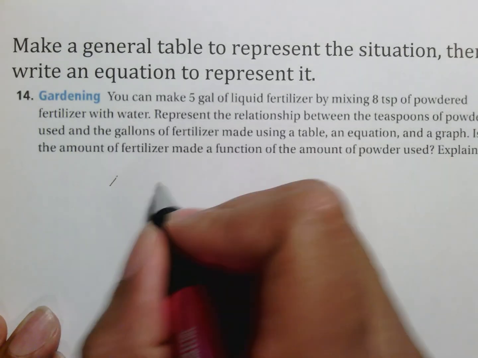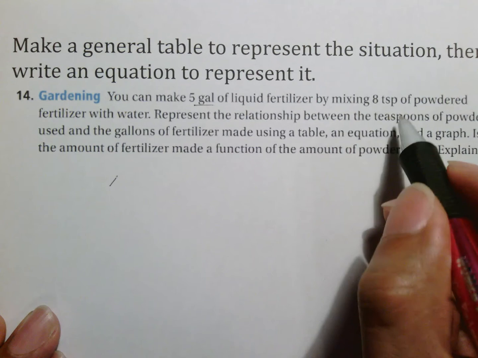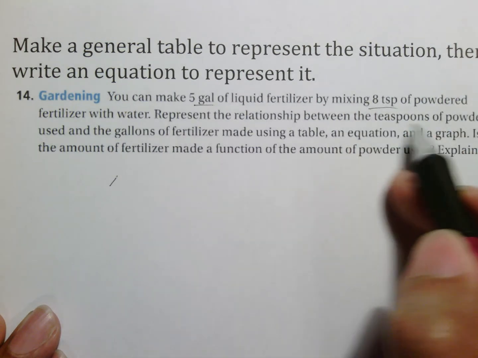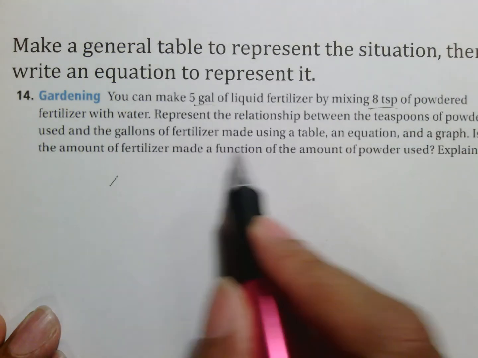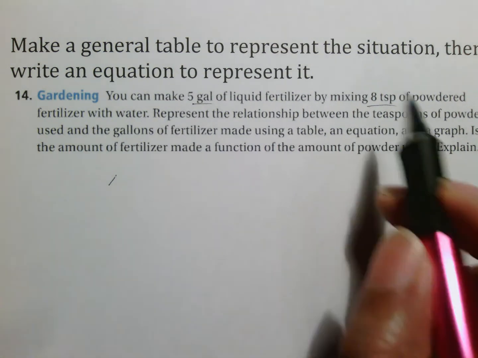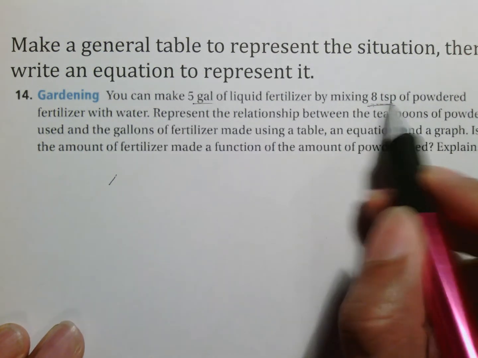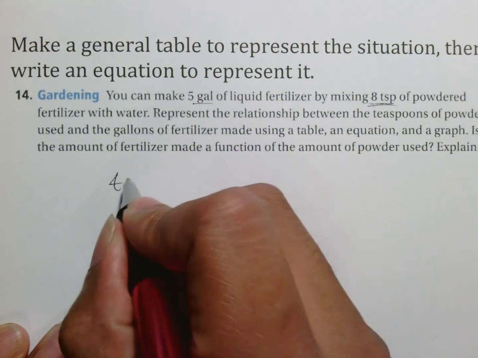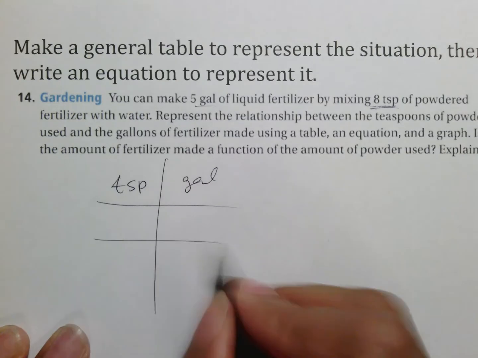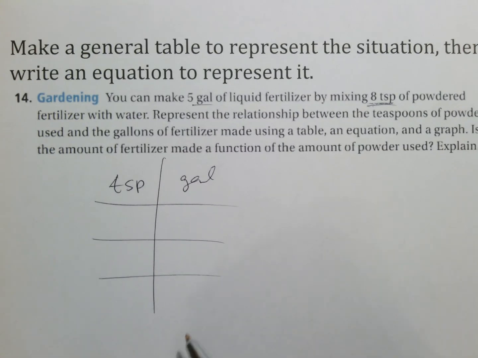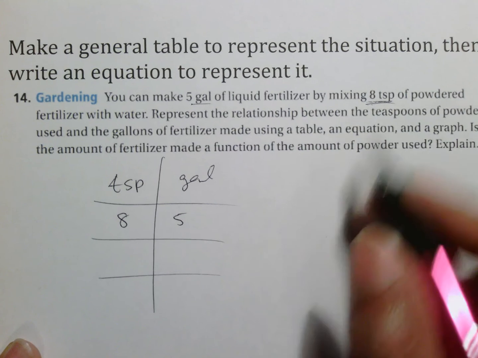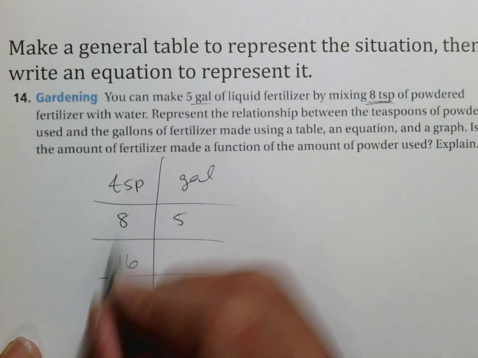Here what I would do is, you're talking about gallons of liquid fertilizer, teaspoons of powdered fertilizer. Represent the relationship between teaspoons of powder and gallons of fertilizer used to make a table. I would base it off of the teaspoons, because of course the teaspoons determine the powder. So I'll put teaspoons here, and I will put gallons over here. And the only way I can really make a table, because it doesn't really tell me anything, is that 8 teaspoons make 5 gallons. And so I have to go another 8 teaspoons, which would be 16 teaspoons, of course,